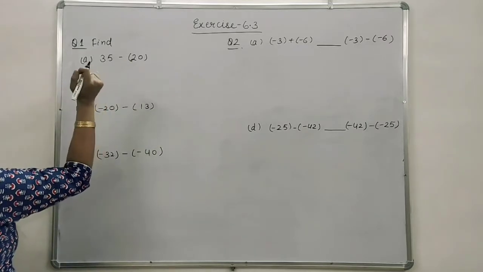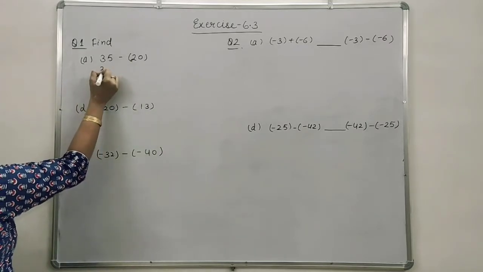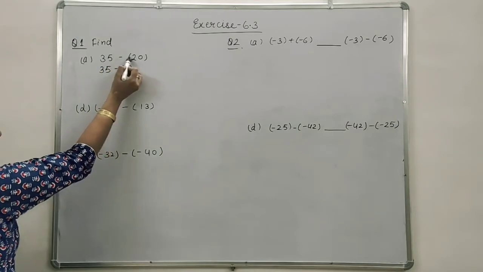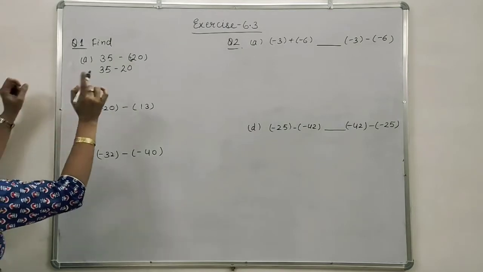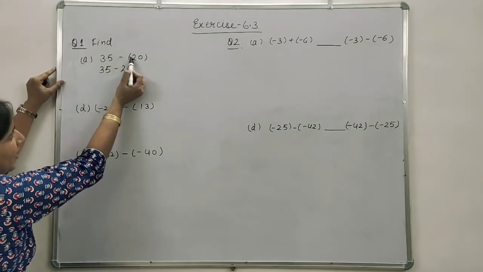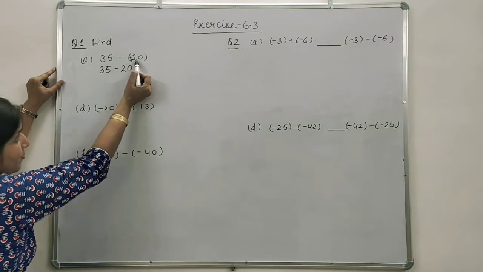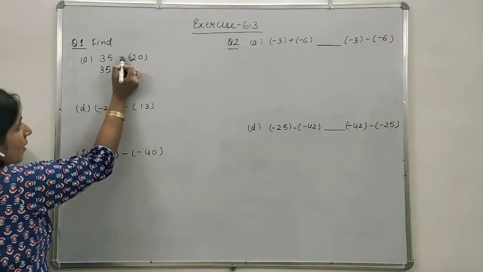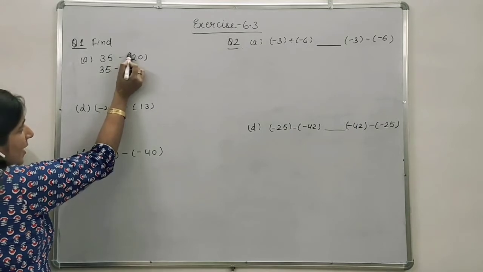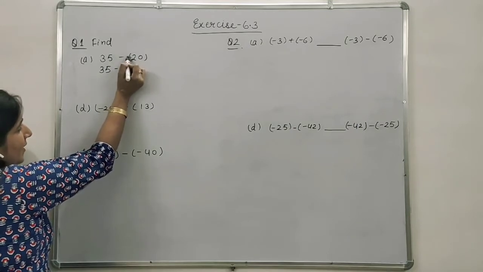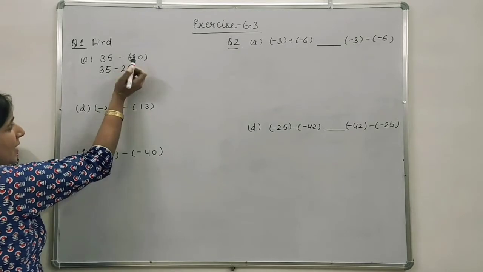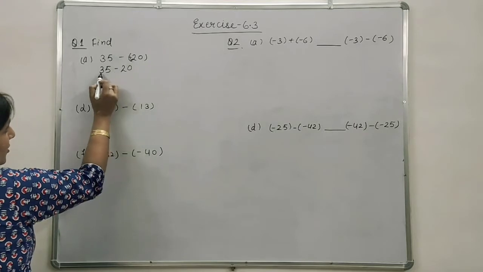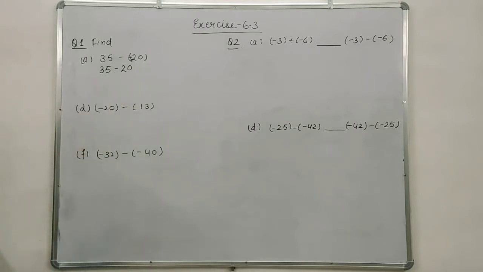Now you can do it in two ways. Simply you can write 35 minus 20. Okay, because minus and no sign is here, it means it is plus. And I told you in the multiplication rule about negative and positive if we multiply. If it is a bracket, basically they are in multiplication. Okay, there is no sign, there is minus, there is plus, and here is no sign, there are only brackets. It means these two signs are in multiplication. Then minus and plus, so what will come? Minus only. So 35 minus 20. We can think in that manner.